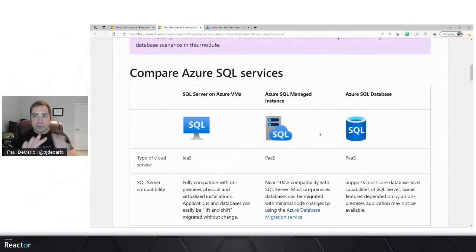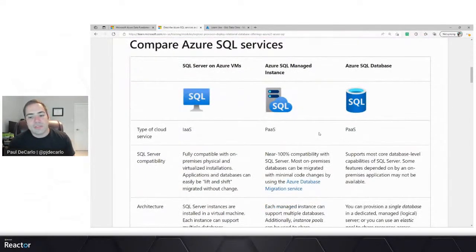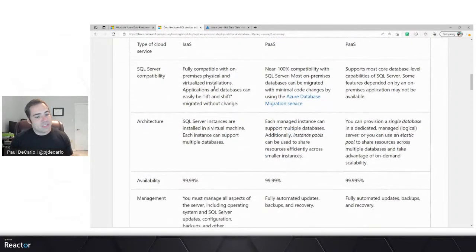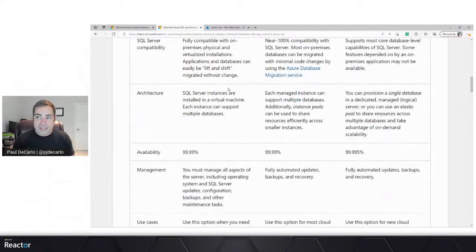So again, we have a full table here within the module that covers this again. And just to reiterate that, the IaaS-based solution is going to require that you install your updates. At the same time, you're going to get SQL, and it's going to look exactly like SQL installed in an on-premise environment. It's just like if you installed it on your laptop or your desktop. It is that, but in a VM in the cloud. But also, again, comes with all of the maintenance aspects.